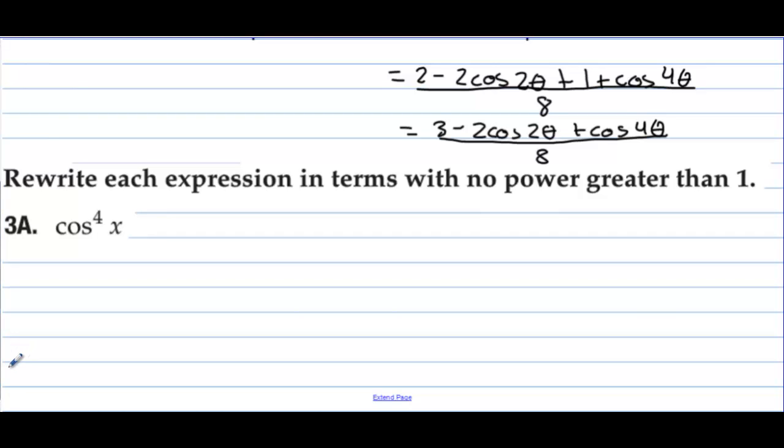Rewrite each expression in terms with no power greater than 1. Here we have cosine squared of x times cosine squared x, and that's going to be equal to, let's do that